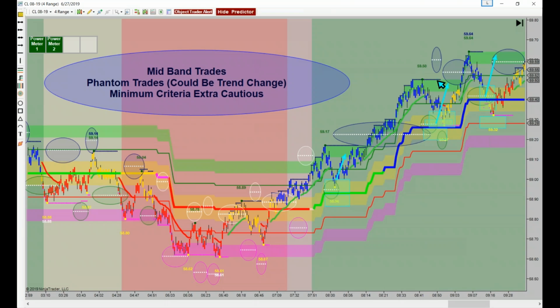Okay, if they barely take out these tops, now this one's taken out pretty good, so I still look for this trade. But how many times do you get into this one? Let's say that you get in your trading, pretend these bars aren't here at all, and you barely break this. Then they're going to take this out, and they're going to probably come down and do a phantom, or they may even change trends. Okay, but our go-to trade is definitely this mid-band type trade